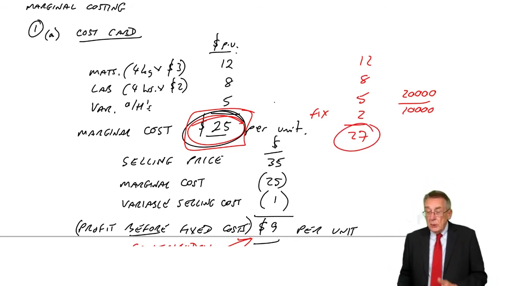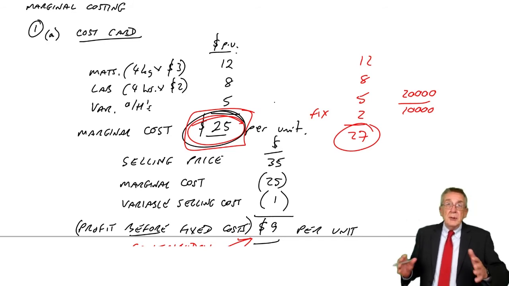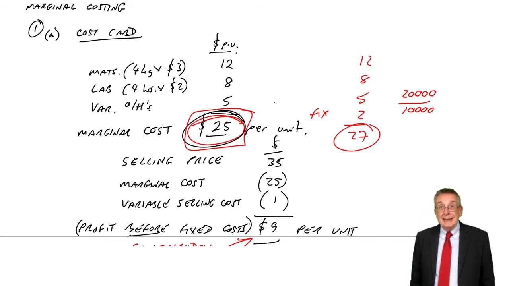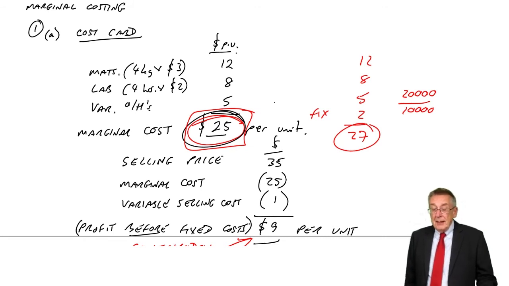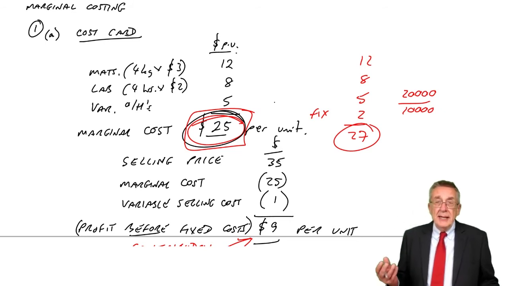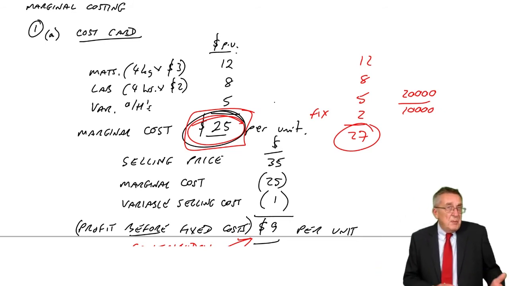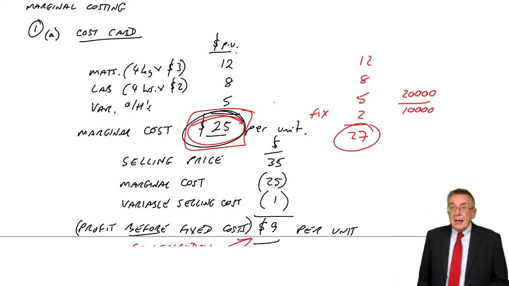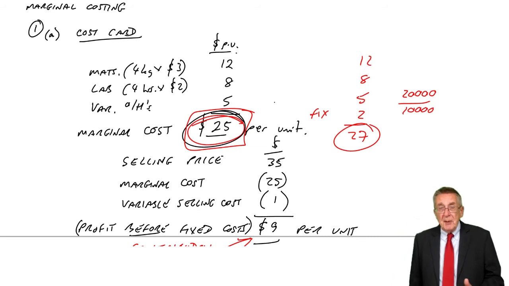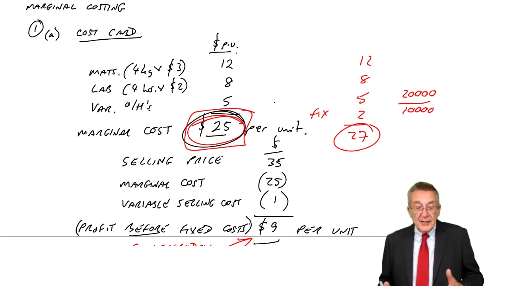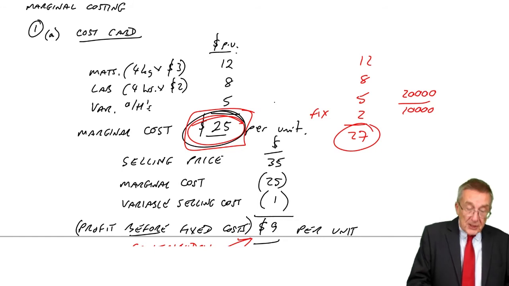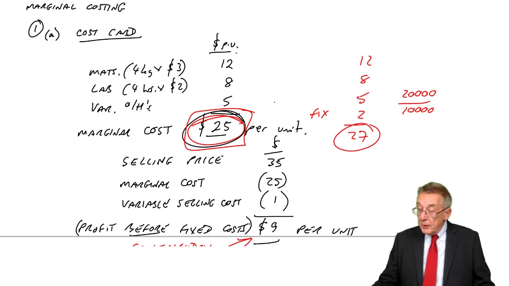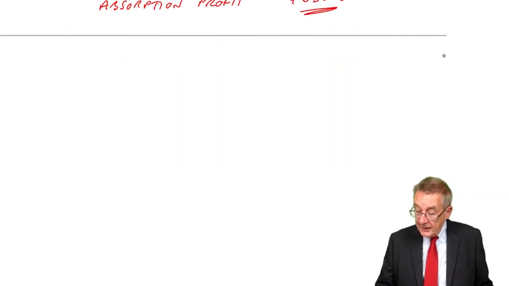And of course, if you think about it, look at the statements. If you value inventory differently, you'll end up with a different profit. And that's what's happened here. Now, we'll have a chat in a minute about which shall we do, marginal or absorption? But before we do, for the exam, you must be able to explain why the profits are different. And you must learn the rule. And I've left space, in fact, where is it? Example 2. If you look at example 2, where I've left space,